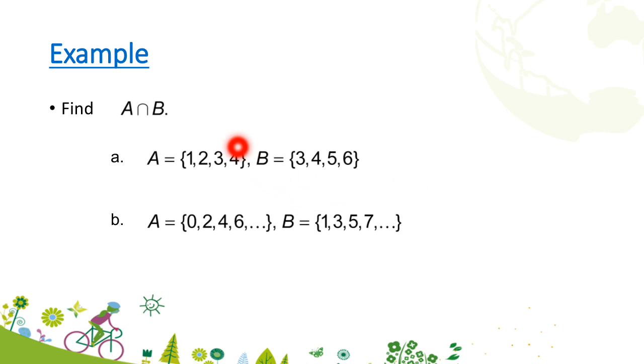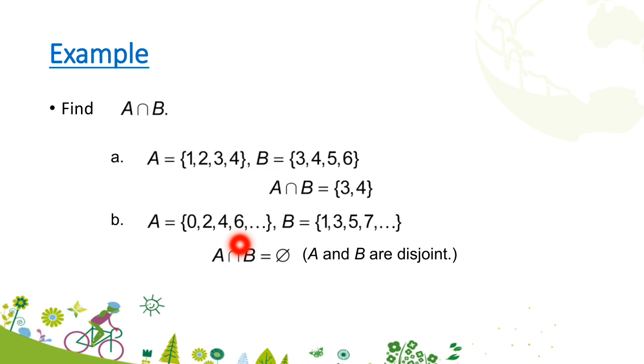Okay, here we are going to find the intersection of two sets. Here set A is {1, 2, 3, 4} and set B is {3, 4, 5, 6}. Students, which elements are present in both sets, or you can say which elements are common to both sets? 1 is present in both sets, no. 2 is present in both sets, no. 3 is present in both sets, so 3 is a common element and it will be written in the intersection. 4 is also a common element, so it will also be written in the intersection set. So A intersection B will be {3, 4}, because 3 and 4 are the only elements that are present in both sets.